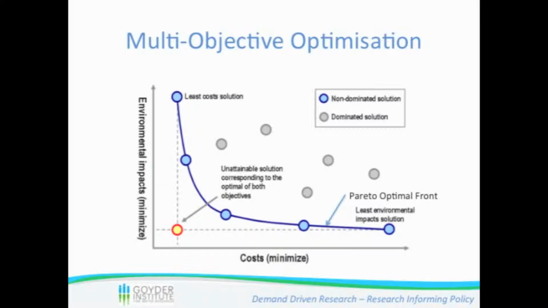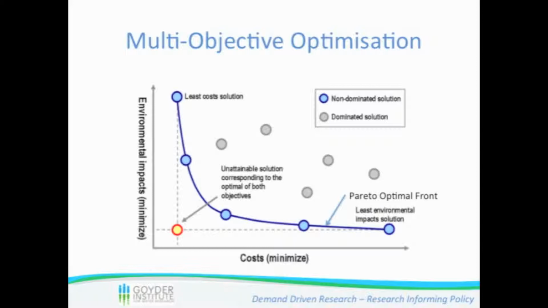So just to think about multi-objective optimisation, here's a graph that demonstrates the idea that really when we're talking about more than one objective, we can't really talk about a true optimum solution. There's really a range of optimum solutions that are efficient in those objectives. So here, if we were considering on the vertical axis, for example, environmental impacts that we're trying to minimise, and the horizontal axis costs that we're trying to minimise, we have a lot of solutions, the grey points and the blue points, and what we want to identify are the blue solutions that we call the non-dominated solutions that are the most efficient in terms of these 2 objectives.